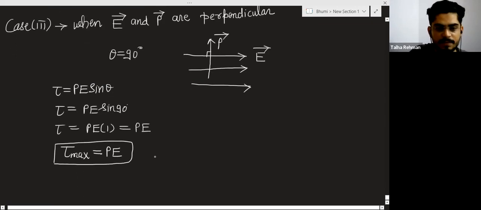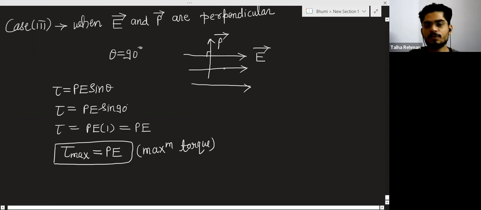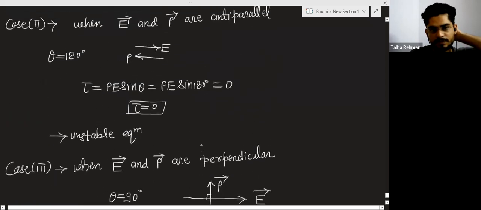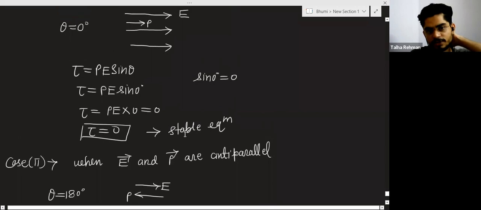When you place the dipole at an angle 90 degree with the electric field, then maximum torque will be generated by the dipole. Here torque is 0, here torque is 0,